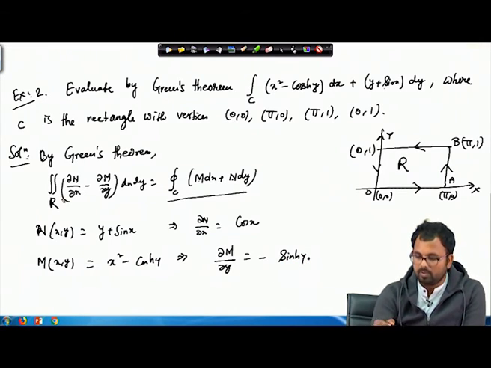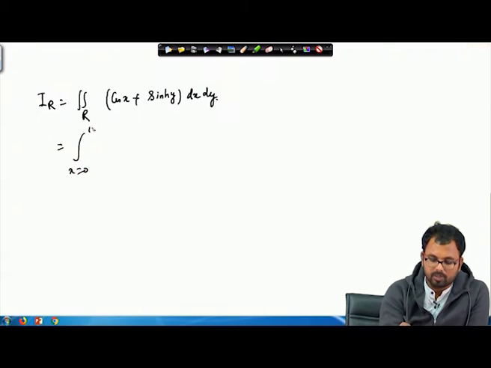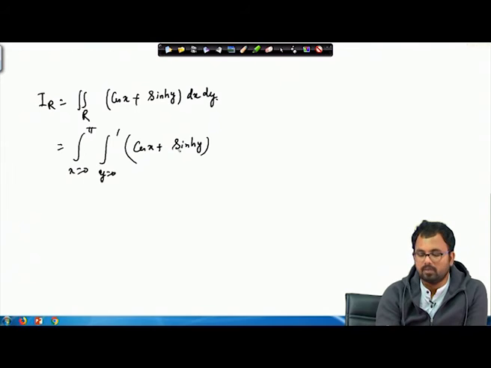Then we substitute in this surface integral, let us say I equals the surface integral over R of del n del x, which is cos x, minus del m del y, which gives plus sin hyperbolic y, dx dy. Then for the region R, x is varying from 0 to pi and y is varying from 0 to 1, and we have cos x plus sin hyperbolic y. Since we do not have any product of x and y or something,